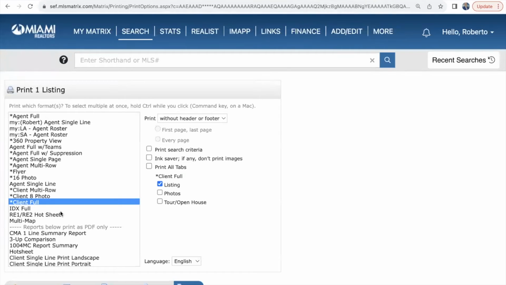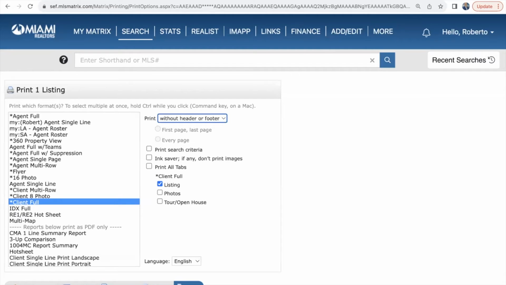Of course, there are other reports here that we will be covering in the advanced training. I just wanted to show you the two reports. You can always email these reports by clicking on email PDF. If you want to include photos in the report, you click on include photos. If you want to include your header, you can include your header and footer.